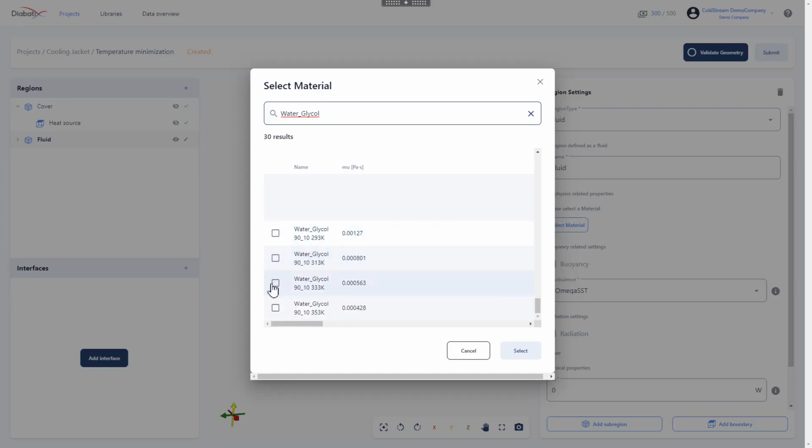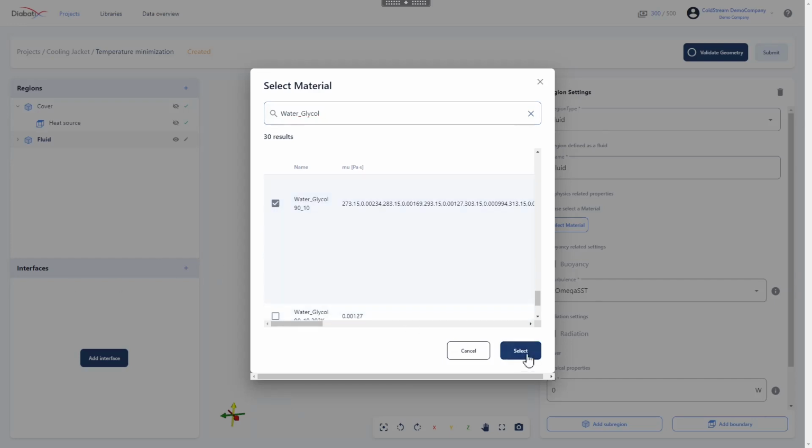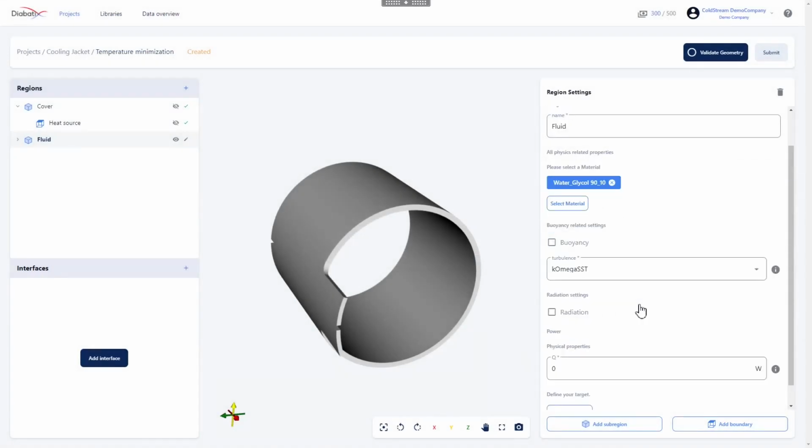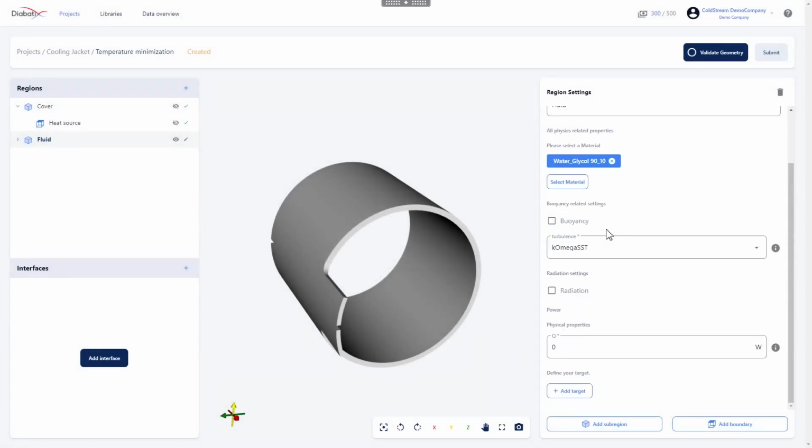So let's choose water glycol 90-10 as our material. And then we don't have any buoyancy related settings or radiation related settings, so we don't have to activate them. And in terms of the turbulence model, I would like to keep it at k omega SST. Now, if we click on the fluid region, there is a sub-region inside it, which is our design region, and